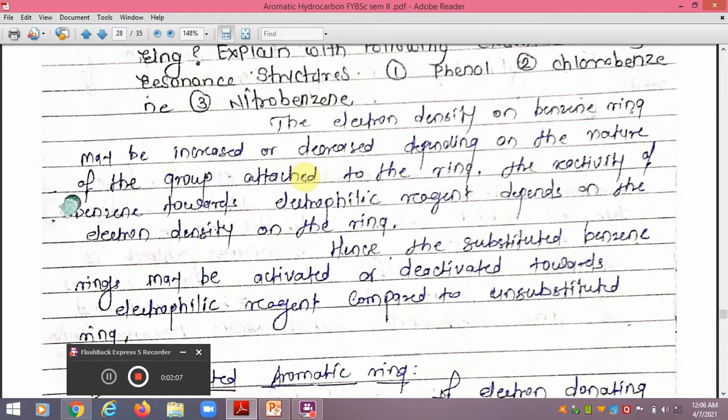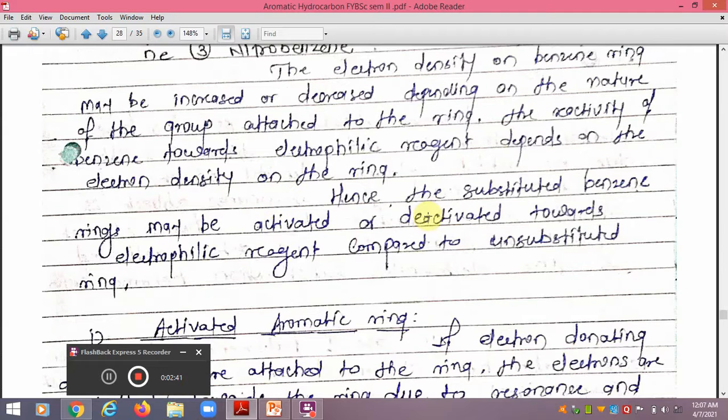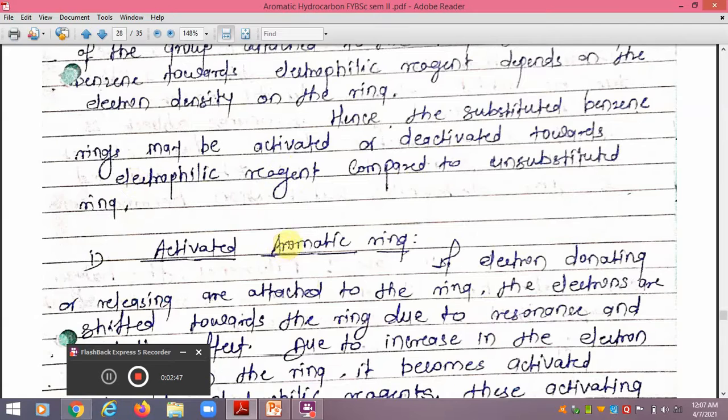Here we already came to know that the electron density on the benzene ring is already present, but this electron density of the benzene ring can be increased or decreased. It means it can be changed, and that change depends upon the nature of the groups which are already present on the ring. So if some groups are present on the benzene ring, then it is possible to increase or decrease its electron density with the help of the group, and it will depend upon the nature of the groups already present on the benzene ring. And definitely hence the substituted benzene ring may be activated or it may be deactivated towards the electrophilic substitution reaction compared to